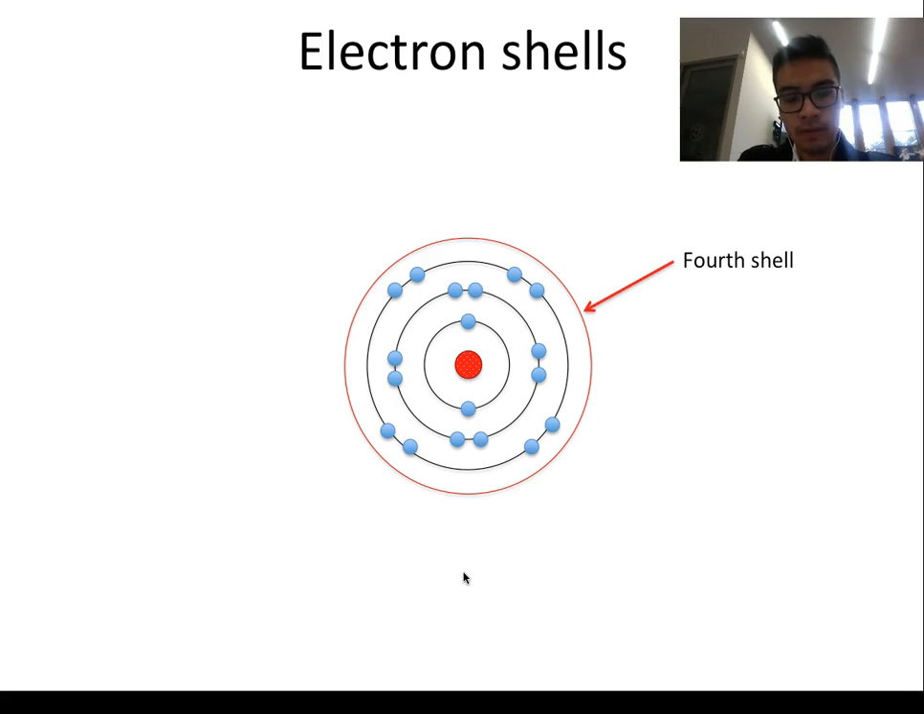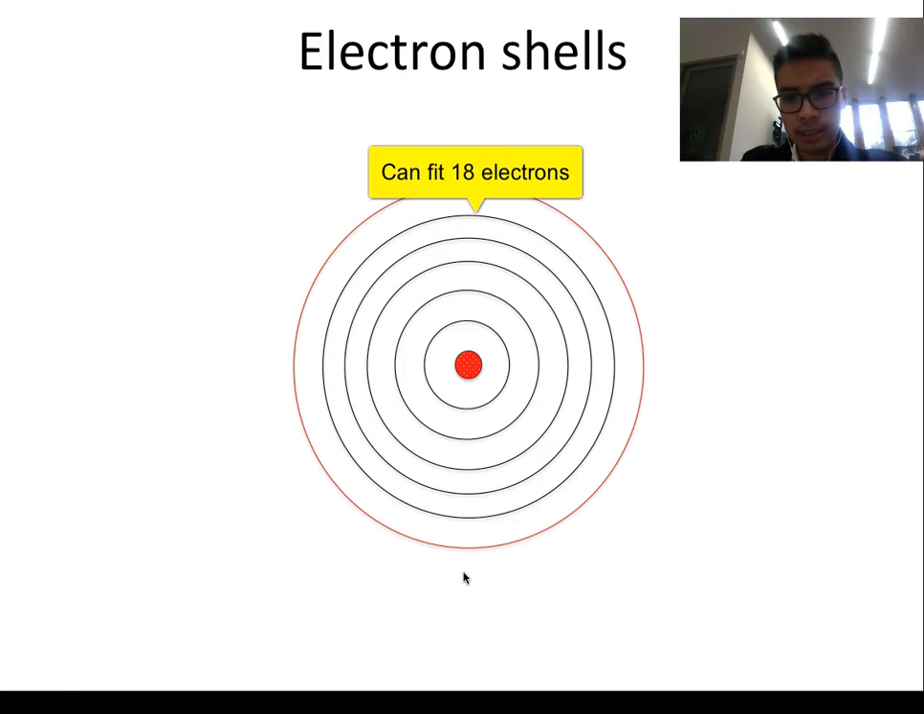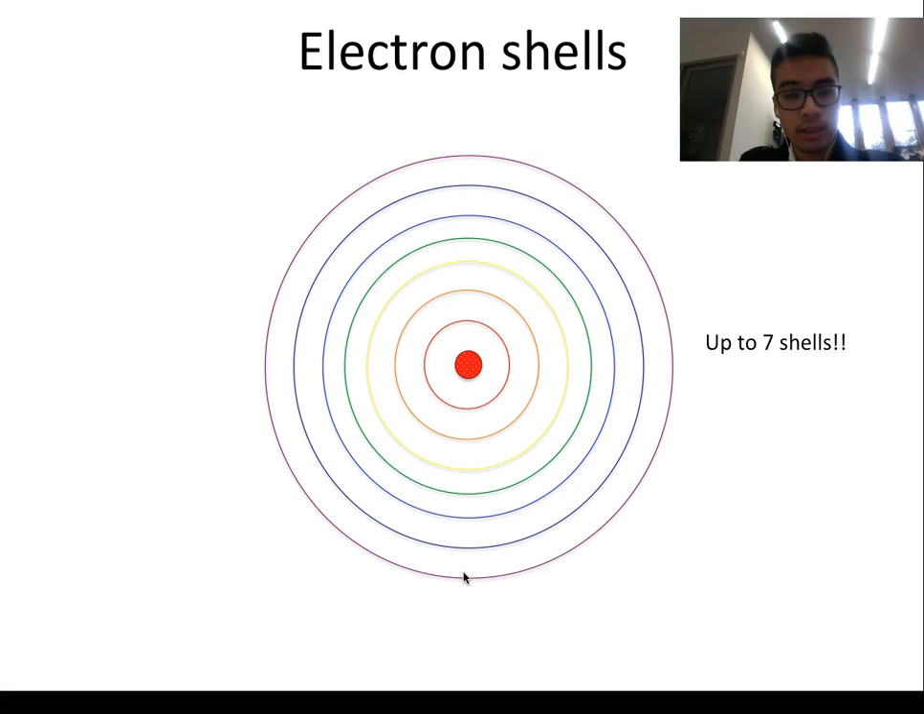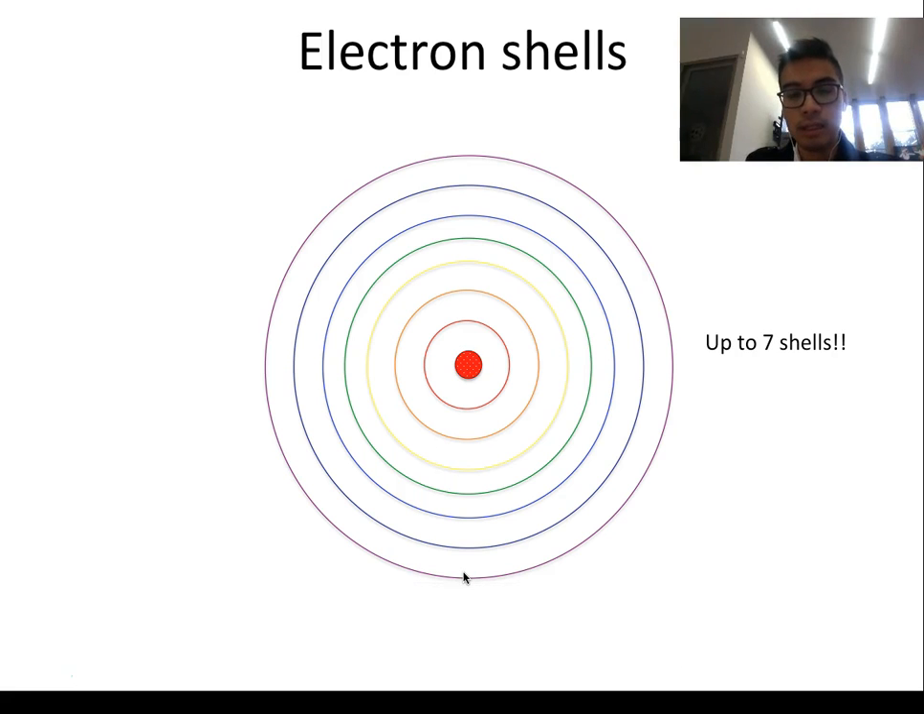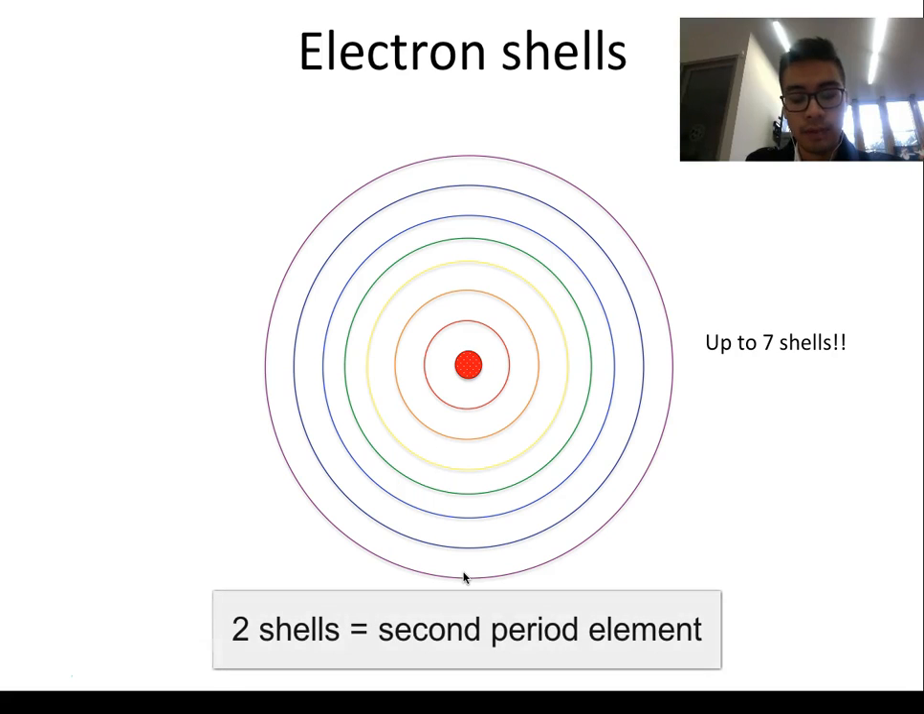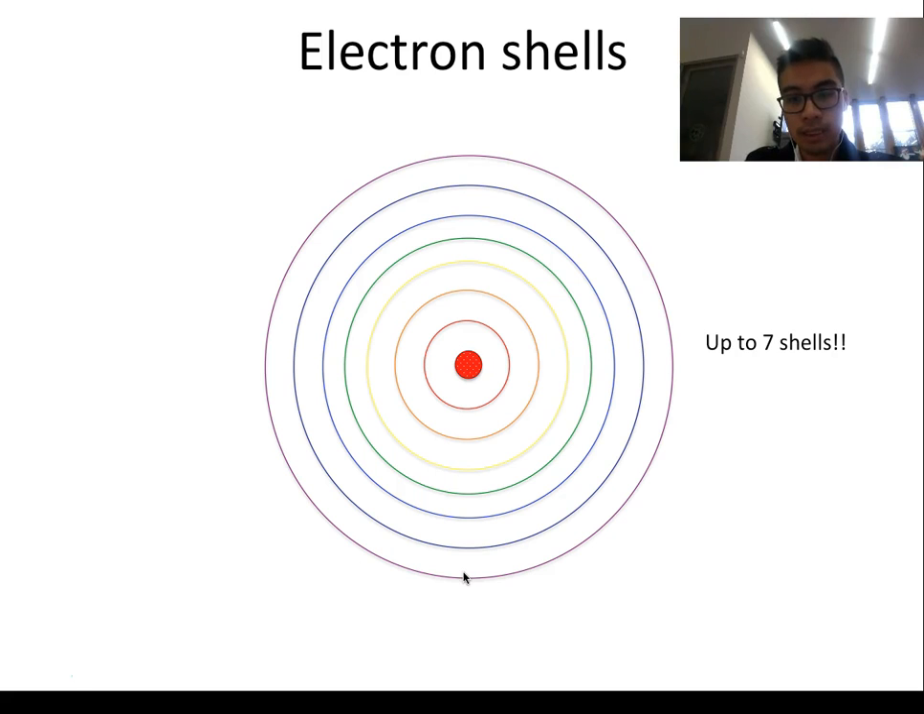So after the first, second, and third shells are filled, we move on to the fourth shell, which can fit many more electrons, 18 electrons to be exact. And then the fifth, sixth, you can have up to 7 shells in total. The 7 shells are for the 7 periods on the periodic table, and you'll find that each shell corresponds to the number of periods. So if there is 1 shell, then it's going to be a first period element, and if there are 2 shells, then it's going to be a second period element, and so on. And so if you have an element with 7 shells like this one, then it's probably going to be a